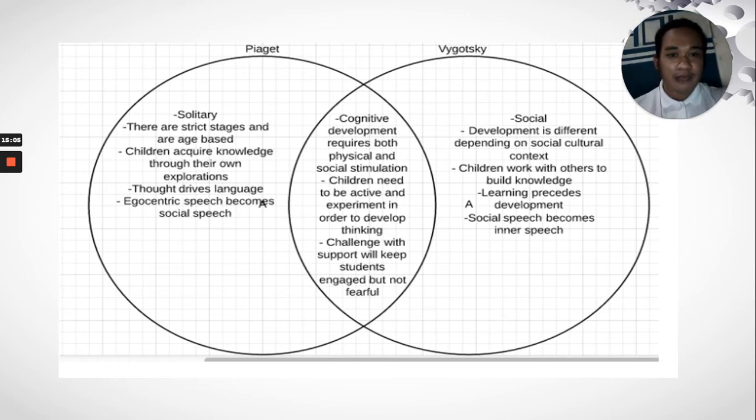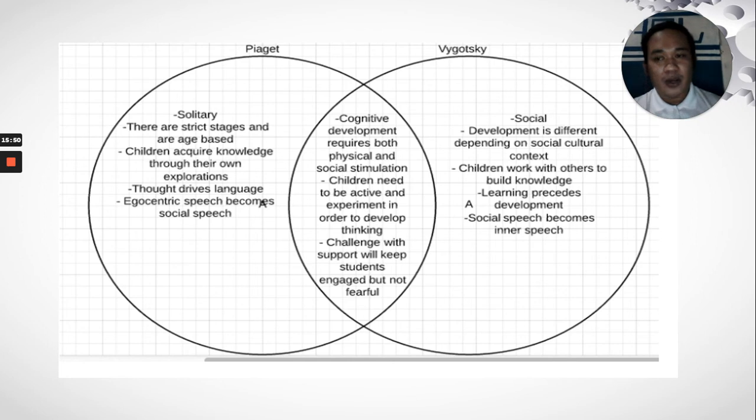For example, if a child is more exposed to society, like those in the middle class, who are exposed to society with many activities, actively participating. So for Vygotsky, he believed that children who are more exposed to the society tend to develop their cognitive